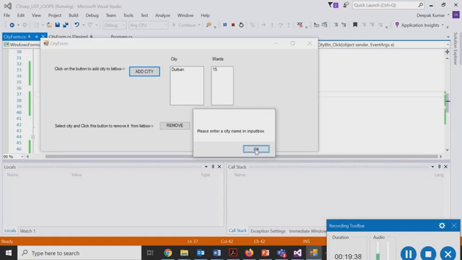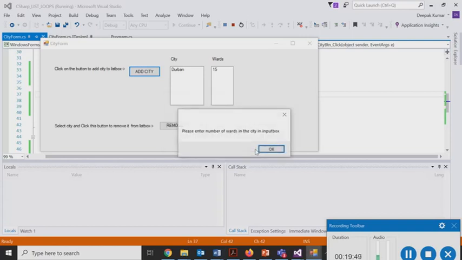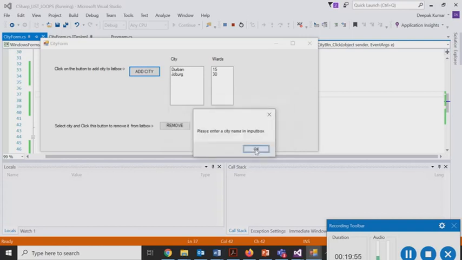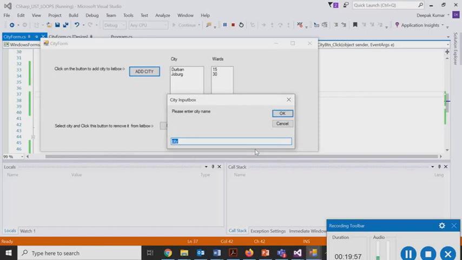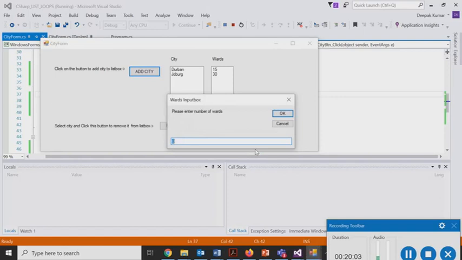So enter the city name for the input box. Now again we would enter the city as Joburg. Enter the number of wards. Let's say Joburg is a big city, it has 30 wards. Another city name, we'll say Cape Town, let's say 20.